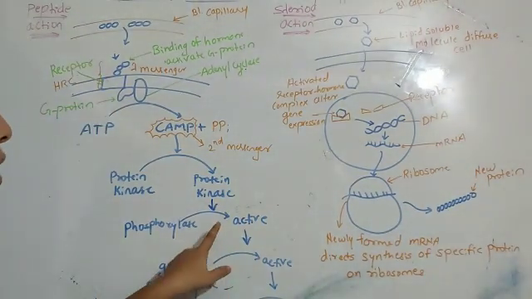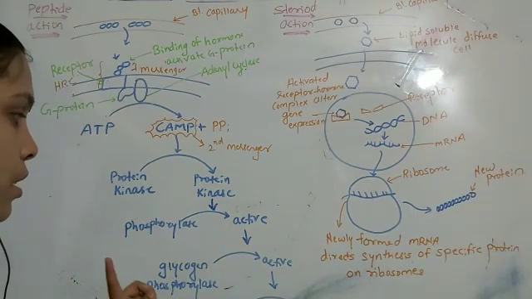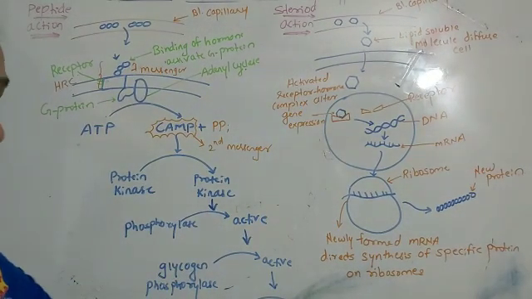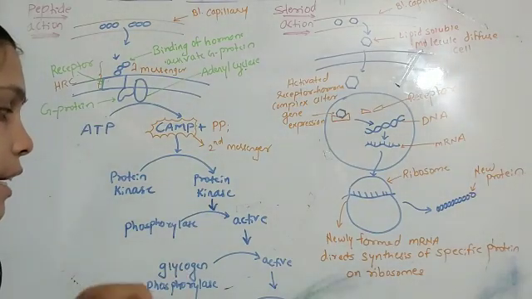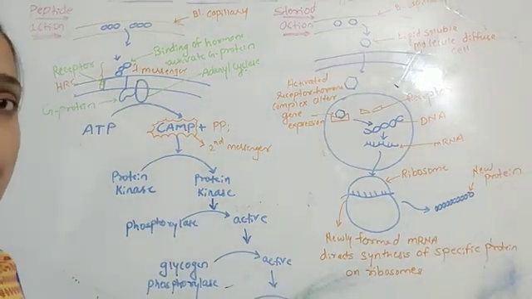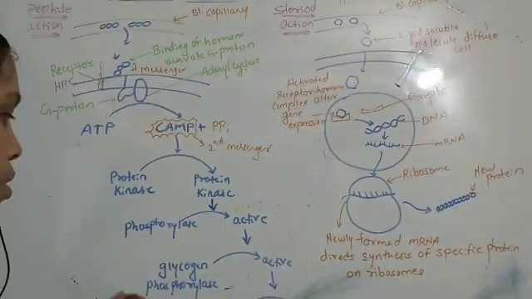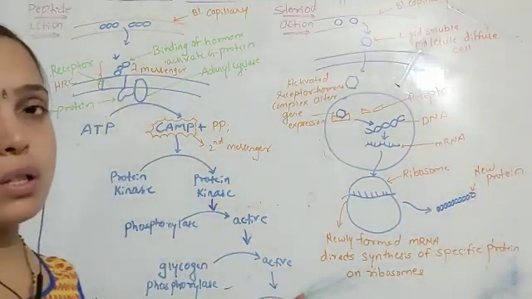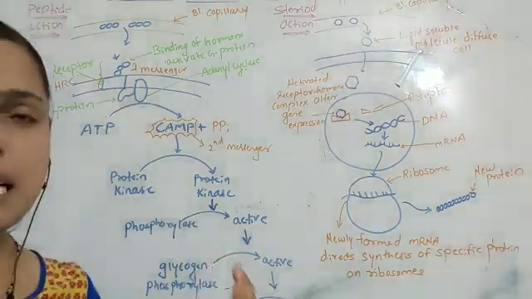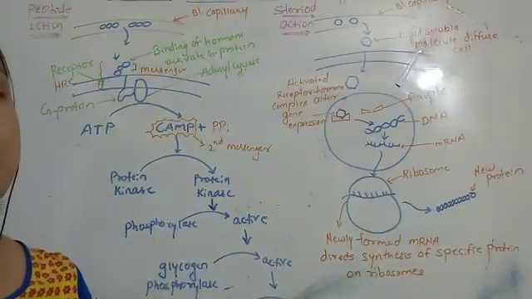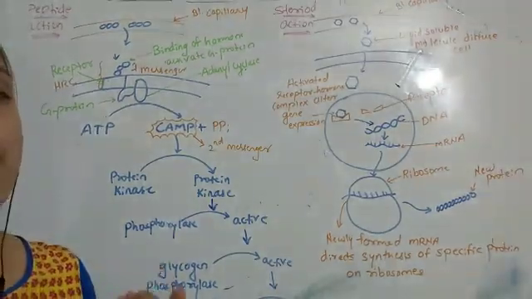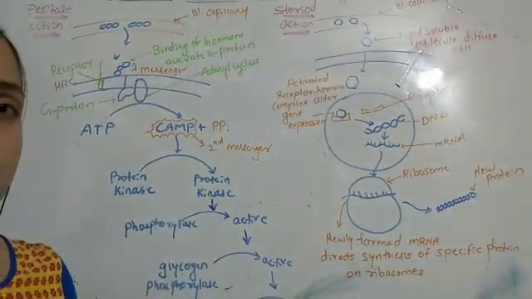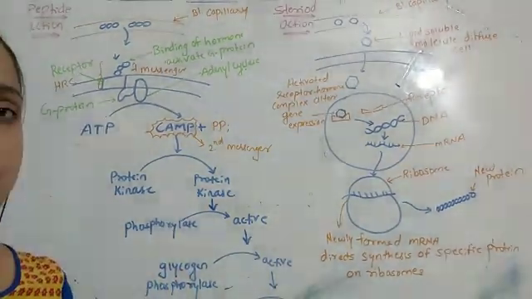This activated phosphorylase brings the activation of glycogen phosphorylase, and when it gets converted into the active form of glycogen phosphorylase, it converts the glycogen into glucose phosphate and then into glucose here. By the end of this reaction, multiple reactions occur, which we call cascade reactions, in this peptide action here. So at the end of this reaction, the product is glucose.